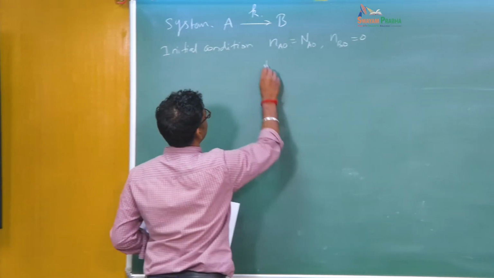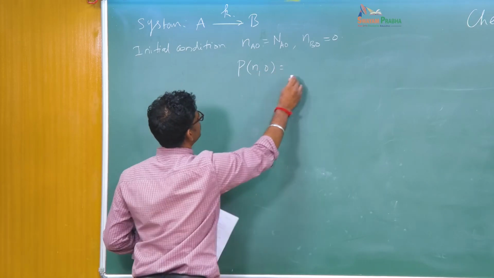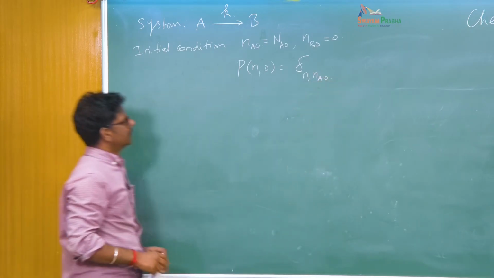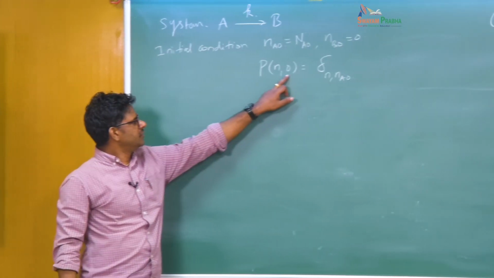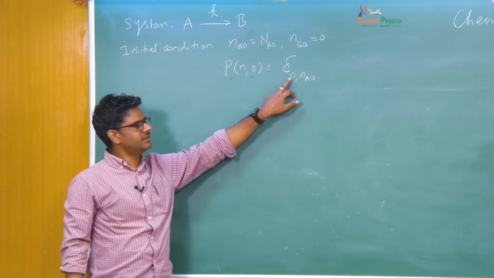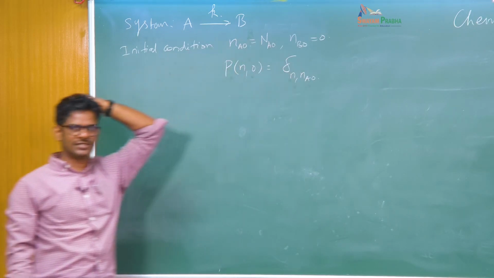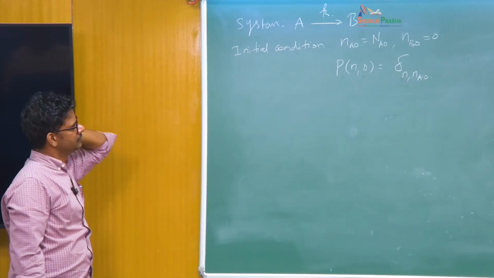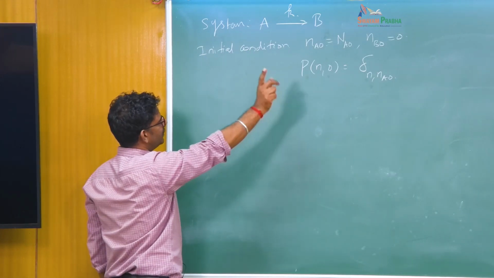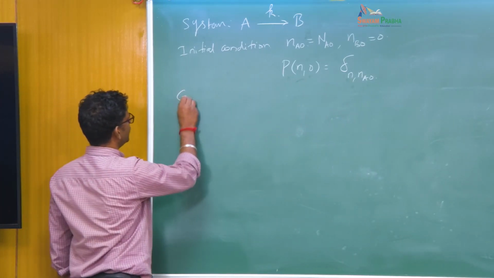In terms of probability, we can write this as P(n, 0) is delta of n, Na naught. So at time t equal to 0, this probability is basically a delta function, defined as 1 only when n equals Na naught. This is a way of defining the initial condition as a deterministic variable. So we have the rate constant, the chemical equation, and the initial conditions written in terms of probability. So the governing equation is